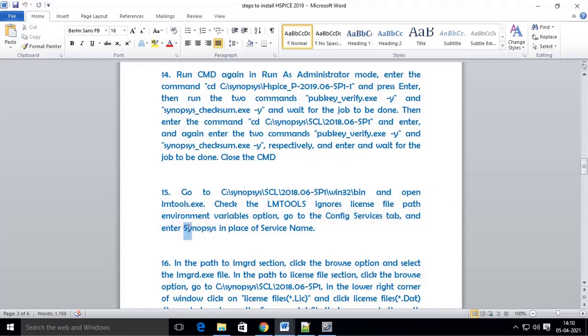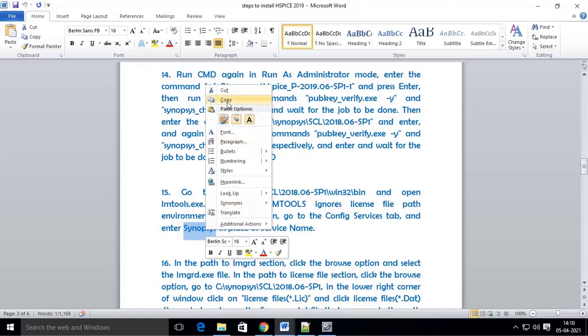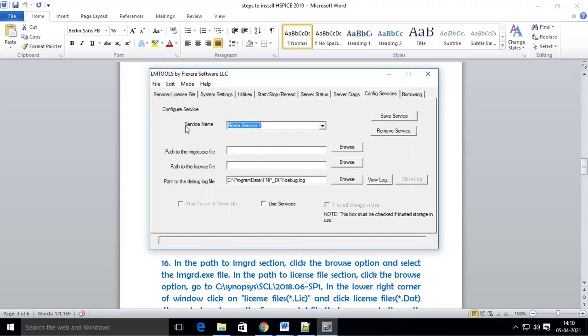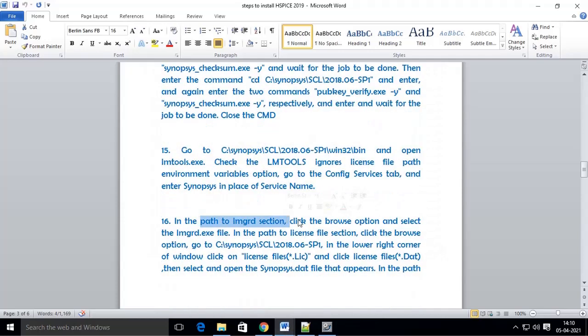Go to the configure service tab and in place of service name type Synopsys. Browse that lmgrd file.